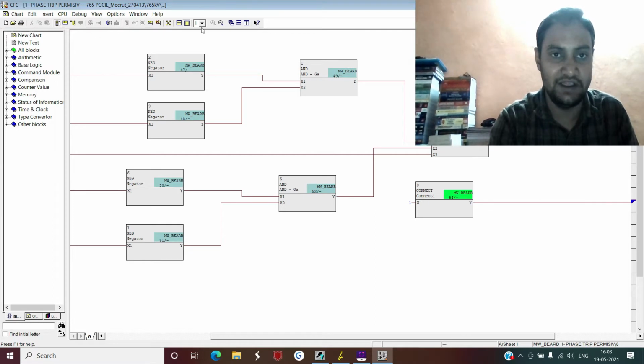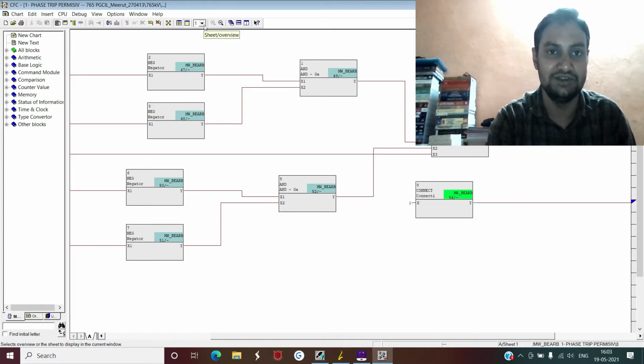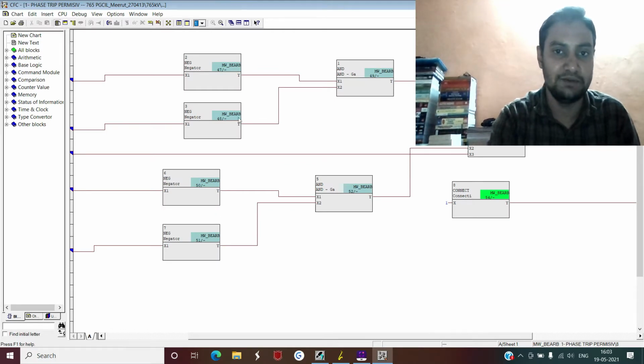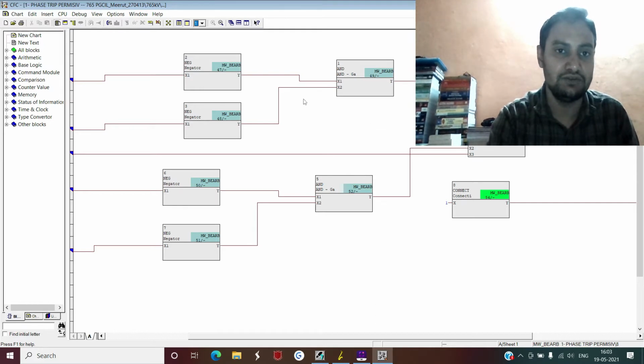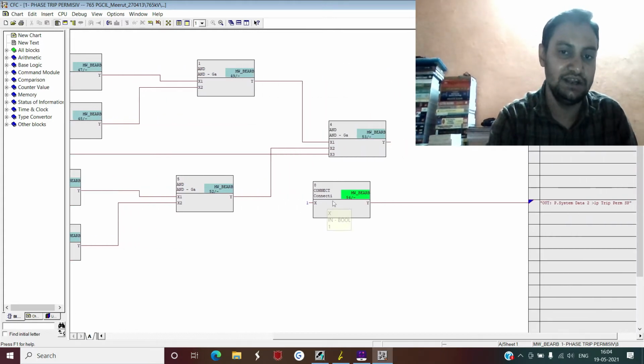And if you see above here, this filter 1, 2, 3, 4, 5, 6 is used to navigate between different pages. Right now it is selected as 1, so we are working on page 1 of this CFC logic creation table. If you select 2, you will navigate to page 2, similarly page 3, 4, 5, and 6. So by default, we are on page number 1. Before this block 8, 7 different blocks have already been used, and these are negator, NEG, AND gate, AND, and negator and gate combinations only. But for our purpose, we are using the simplest gate, called connect.